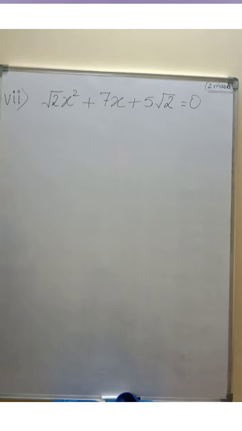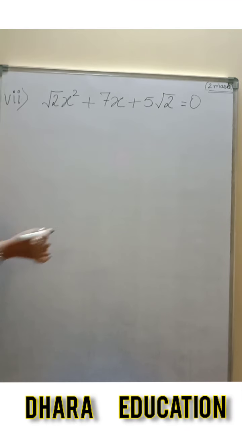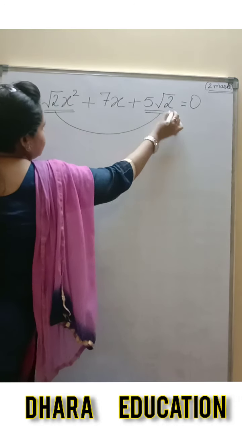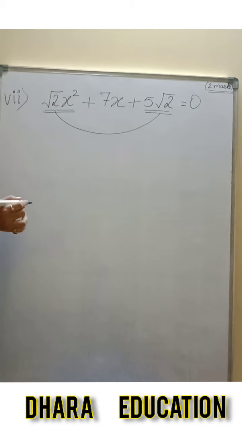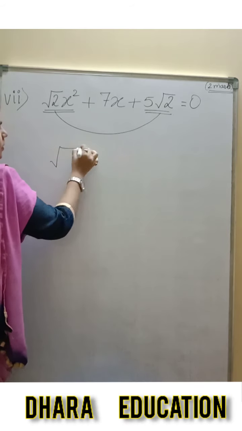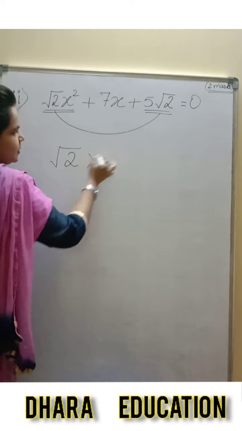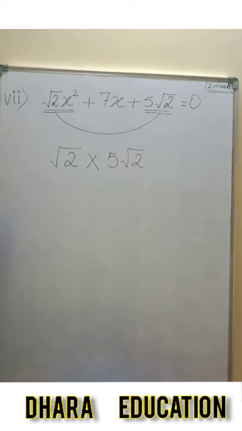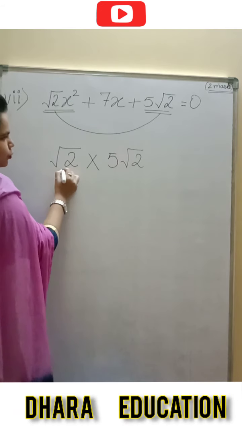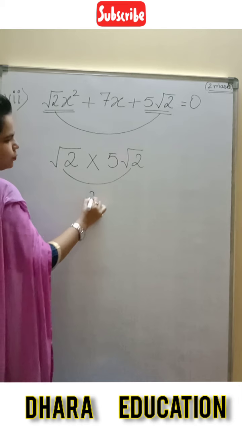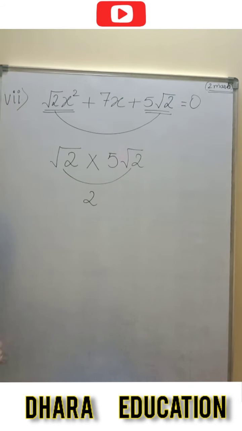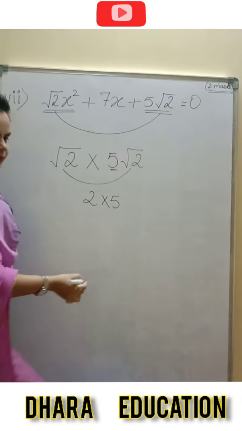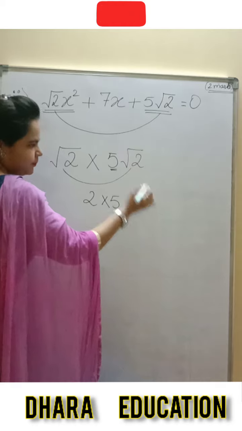Students, the very first thing you need to understand is this. The first term is going to multiply with the third term, as I told you in the previous videos, correct? So what you have to do is, root 2 is going to multiply with 5 root 2, correct? First of all, root 2 multiplied by root 2 gives you 2. You can check it in your calculator as well. Multiply by 5, because it is only the remaining, gives you 10.